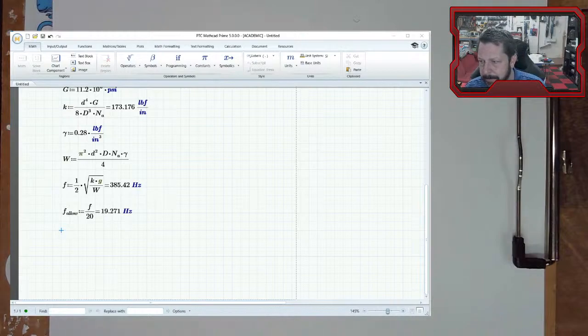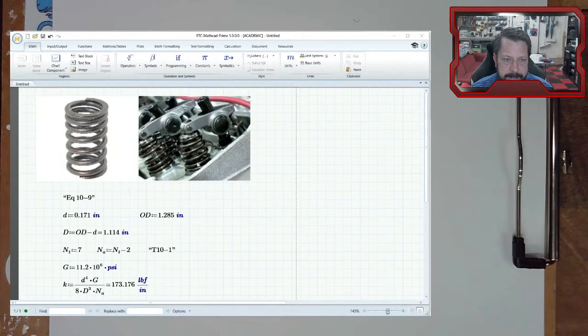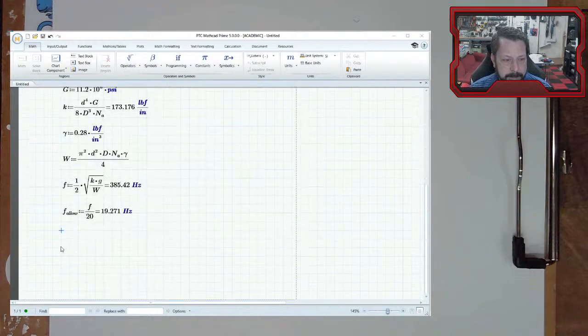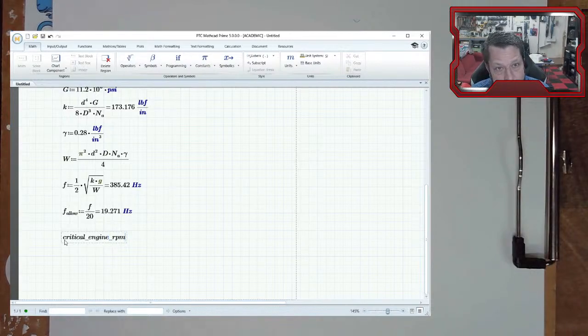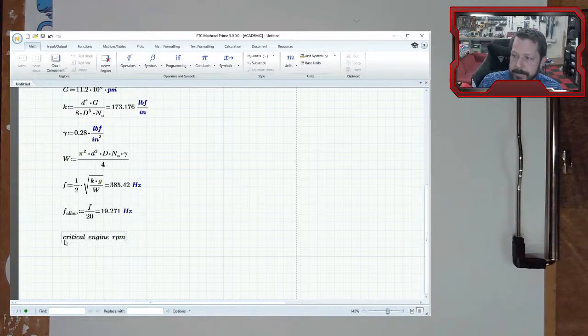Now, this is kind of useful, except that if we're talking about an engine, you normally don't talk about how many hertz the engine is running. You talk about how many RPM the engine is running. So we kind of need to calculate the RPM just to finish out our calculations here. So let's find the critical engine RPM. So for this, a typical engine is going to have